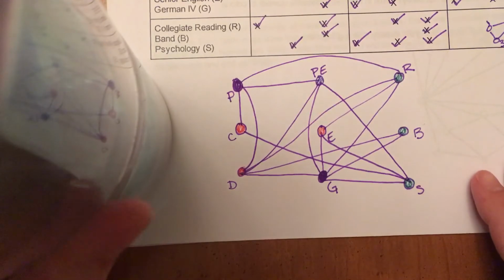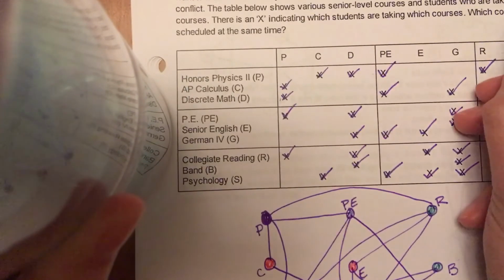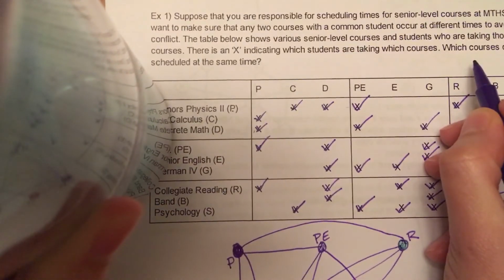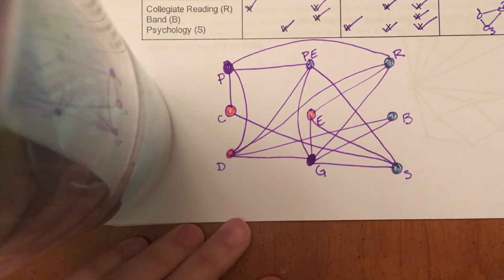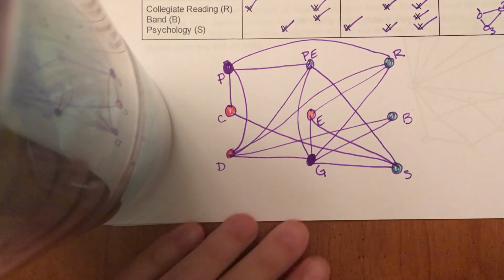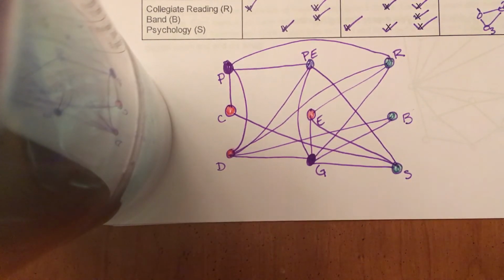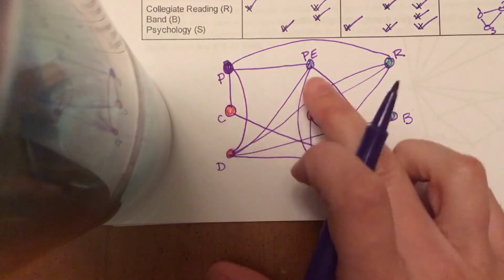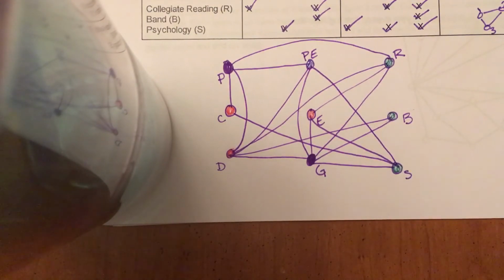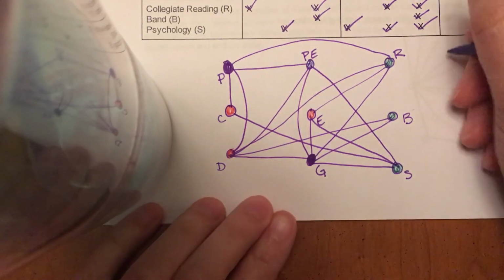So the problem that we were looking at here was which courses can be scheduled at the same time. The courses that can be scheduled at the same time are any courses that are the same color because they don't share any students. So as I'm looking at what I've created here with my graph, I've created a schedule. I need 4 hours out of the day because I used 4 different colors. So with 4 periods in the day, I can schedule all of these classes without any conflicts. I would need to schedule